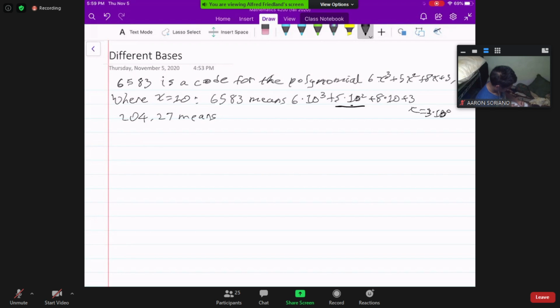So look at the whole number part, this. So this is a code for 2 times 10 to the second, that's 2 times 100, plus 0 times 10 to the first, plus 4 times 10 to the 0th, plus